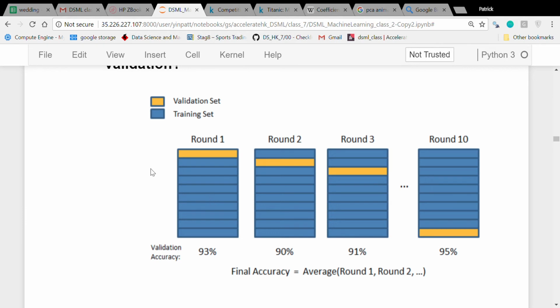So what cross-validation really means is you train it on 90% of your data sets, test it on the remaining 10, and after that you train it on a different combination of 90% and test it on the remaining 10. And if you have 100 rows and you split it by 10, you can do a 10-fold cross-validation. Okay, and if the scores you get are very consistent and very high,